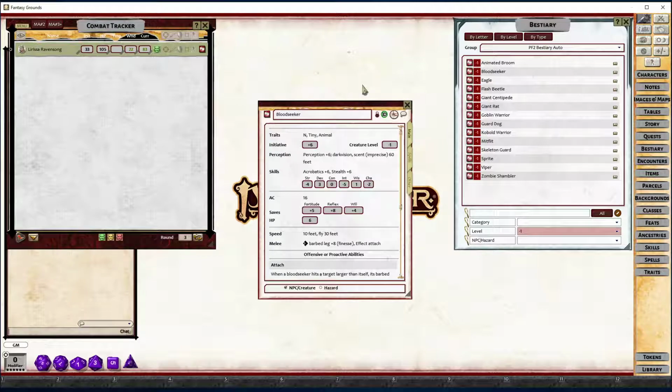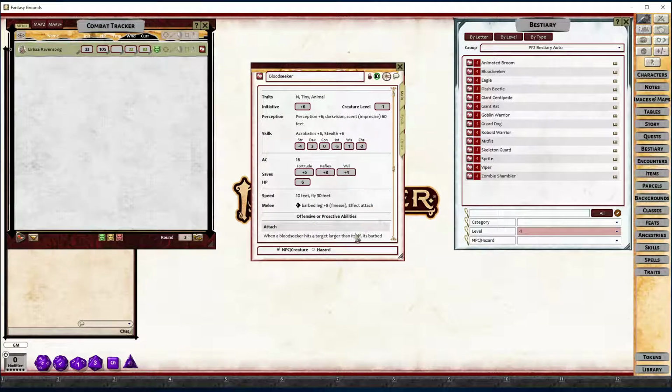So in this case, what I'm going to do is take a look at one of the creatures I have already put in the game, and that's the Bloodseeker. One of the reasons I'm picking this is because I realized there was one thing that I haven't put in automation yet out on the server that could be useful